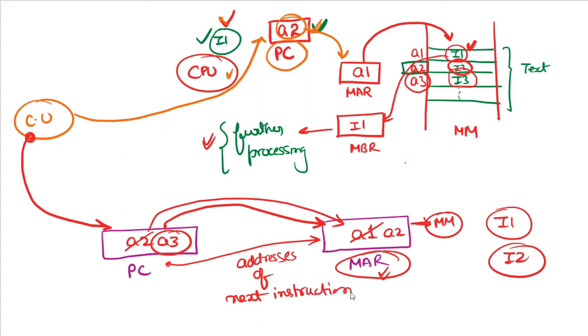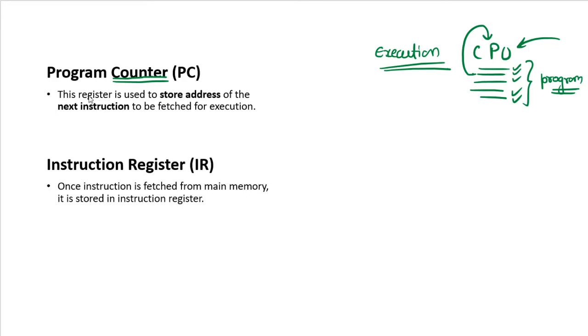Okay, so what is program counter? Program counter is a register that is used to store the address of the next instruction that is to be fetched for execution by the CPU. So this is program counter, and program counter is also sometimes called as